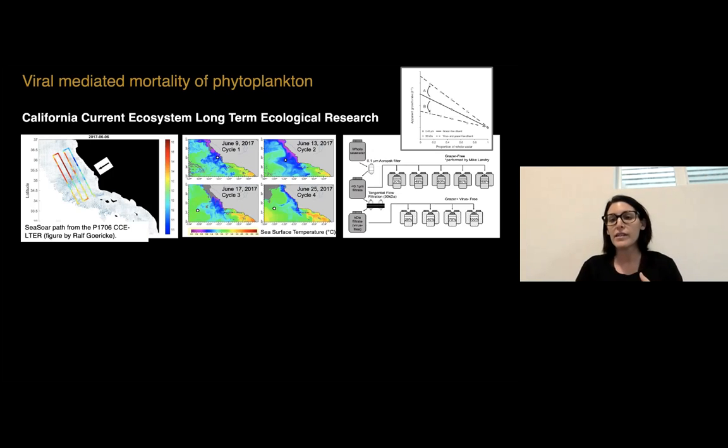And this can create a system of upwelling, and it can change the community, particularly the phytoplankton community that is there. And so right here, you see that there's a filament. So this is temperature, so red being hot, and these cooler colors being cold. And so you see this filament coming off the coast, right? So you see that cold water that's being brought up near the coast and moving offshore. And so in this kind of system, they call them cycles, where they go out and sample, and they cycled, they sampled,